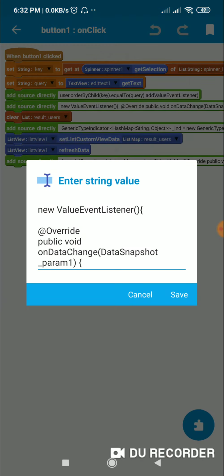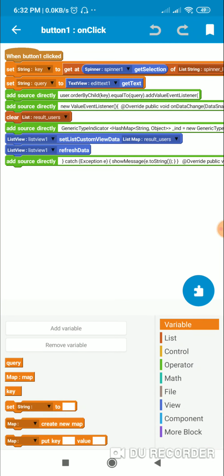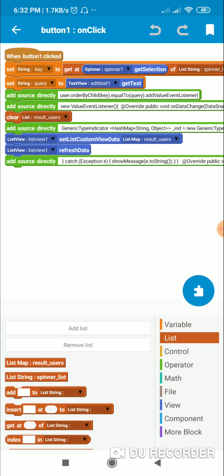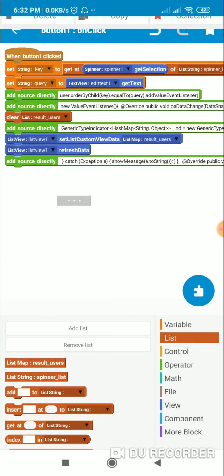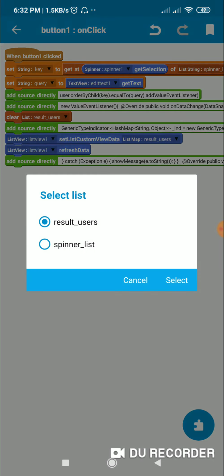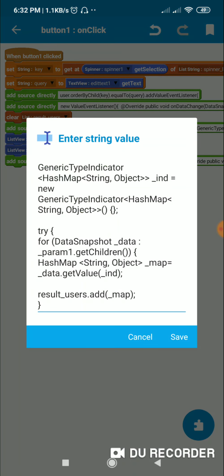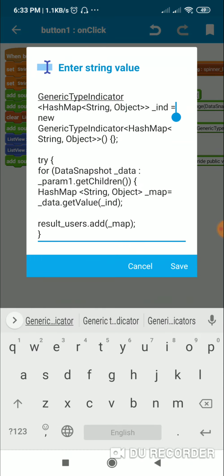So inside this listener, here I first clear a list map called result_users. Here I have created a list map result_users, and here I clear this. Then I have a generic type indicator _ind, which indicates a map variable hash map string object.